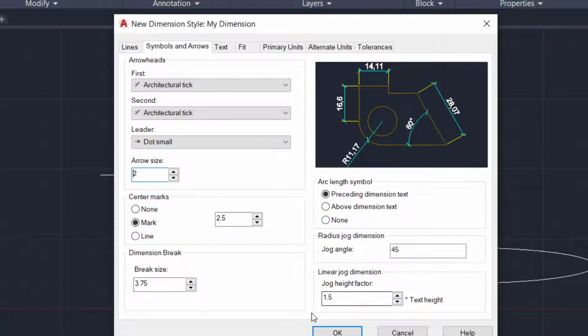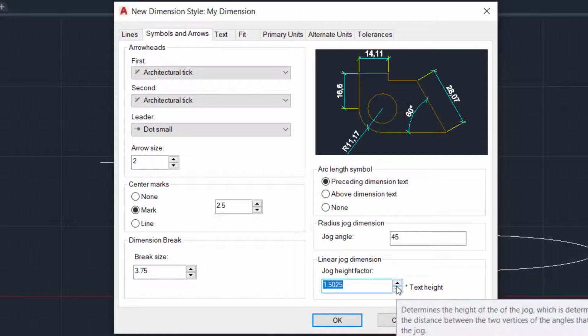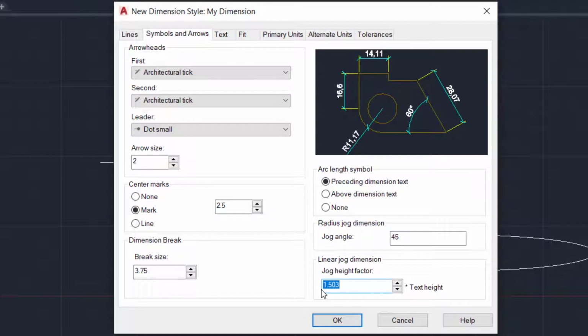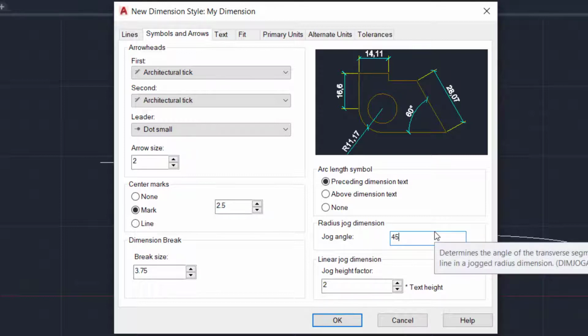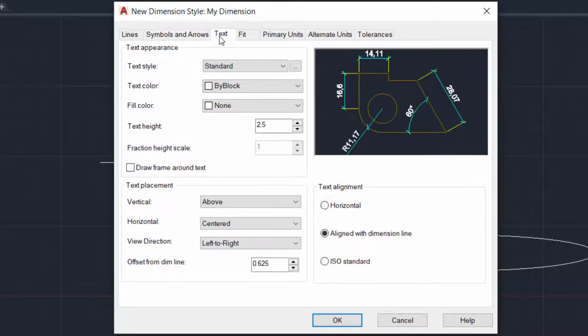Then the jog height factor. In case there's a jog in the dimensioning, what height factor should be applied to it? Let's set it to 2 for now. And the jog angle too. The jog is more like a break. When we get to the dimension, we will try out that type of dimensioning so we can have a look at it. And the text height as well,